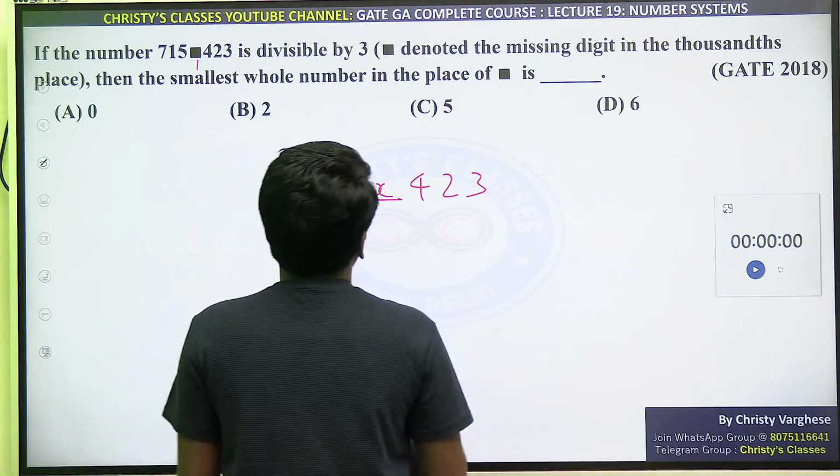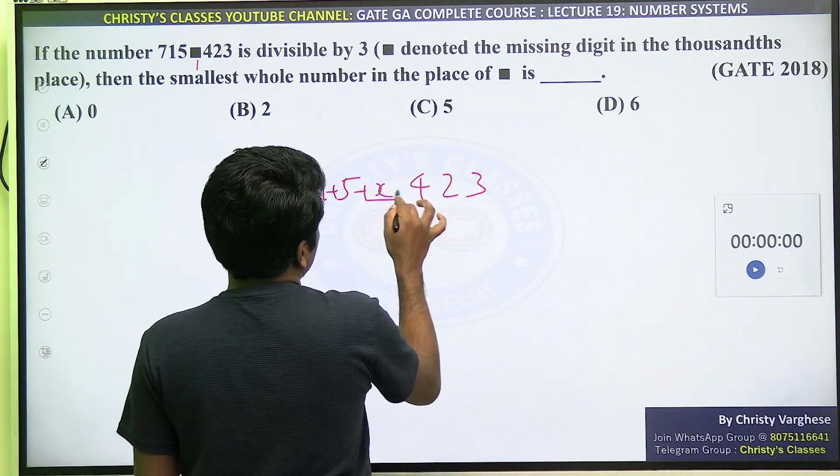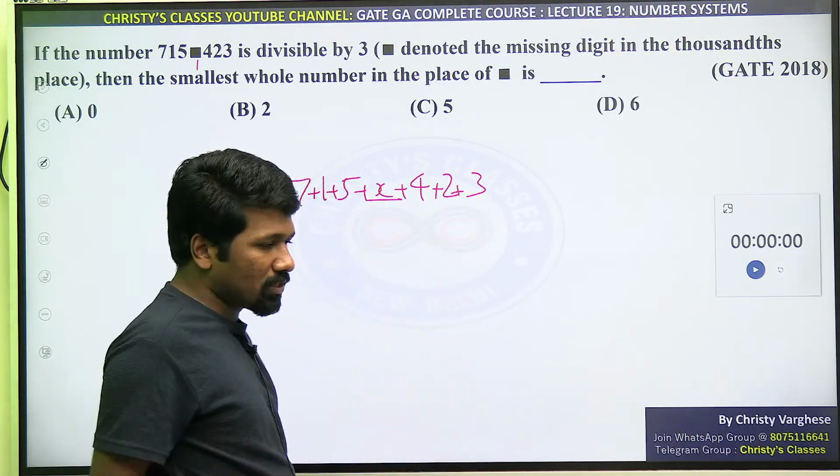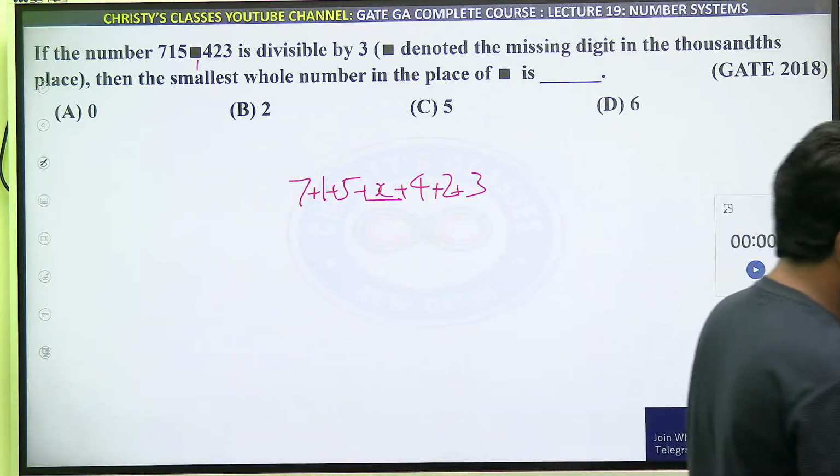So it is divisible by 3 means its sum of digits should also be divisible by 3, right? Because that is what we just discussed. A number divisible by 3, its sum of